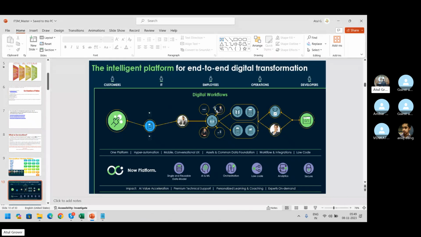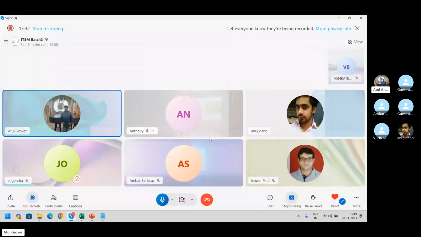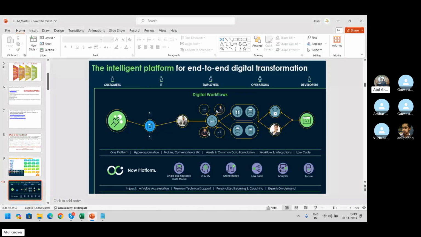So HRSD is a module which is for the employee. Now, how does this work? We have a workflow in the background. If you have been working in ServiceNow for a long time, you know that when I click on this button, an approval gets generated. When I click on this button, an email comes. When I click on this option, I get this pop-up menu. How do these things work? These are the workflows. We have to operate those workflows.